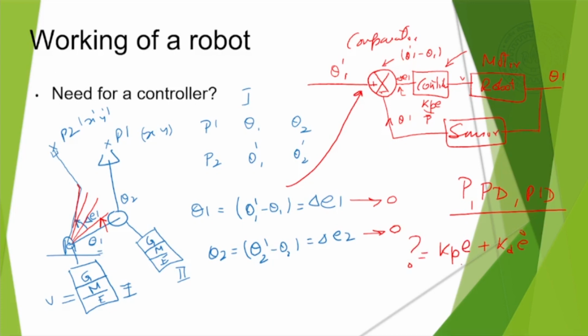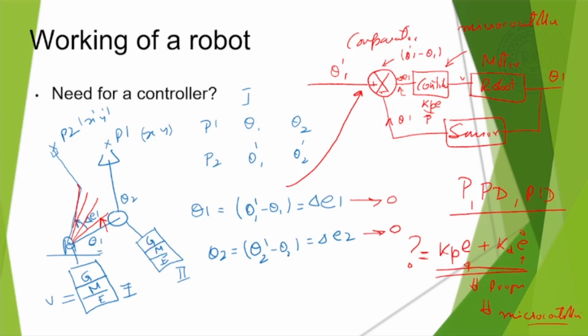So it is amplifying or multiplying whatever is the error and the velocity error, and then giving it to the motor. That means how fast or how slow the motor is moving will be decided by the controller. So that is the need for a controller. And in our case, the controller in most of our experiments will be a microcontroller. This is basically an equation. This equation is written in a program, and this program is run or executed in a microcontroller. So this is my microcontroller.